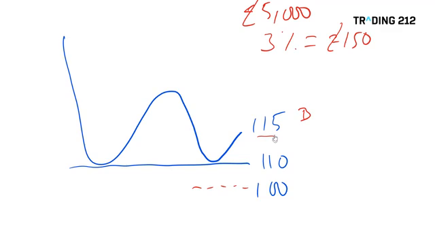So if I'm buying at 115 with a stop at 100, then my risk is clearly 15 points. So my money management approach tells me I need to trade no bigger than a size where each point move is worth £10 to me. Because if I get stopped out, if I buy at 115 and get stopped at 100, I lose 15 points times £10 a point, £150, which is within my risk parameters.